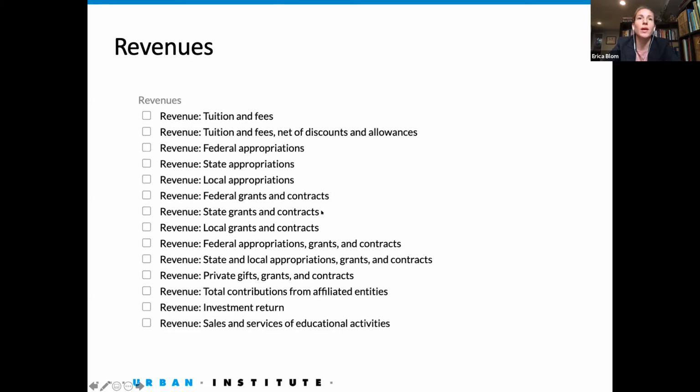So for example, they will have a broad category like all federal revenues, including appropriations, grants and contracts. And so we've created some of these sum variables so that you can compare across a little bit more easily. Investment returns, contributions from affiliated entities, sales and services of educational activities,